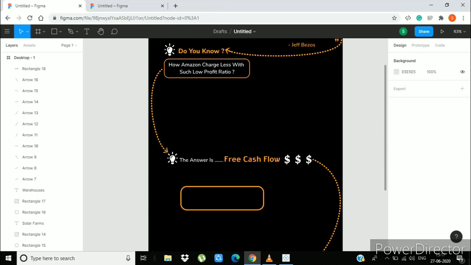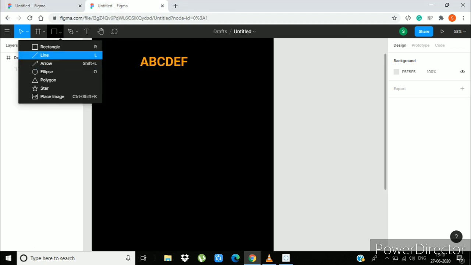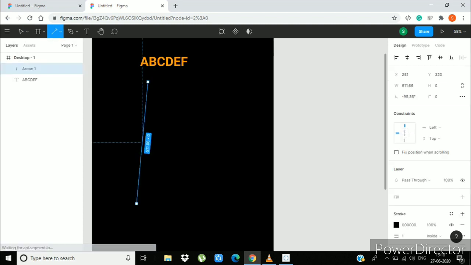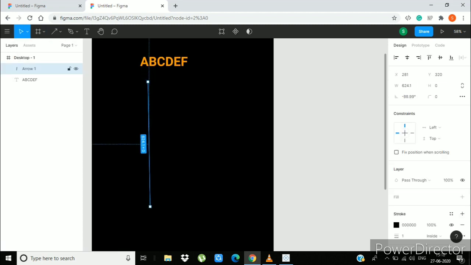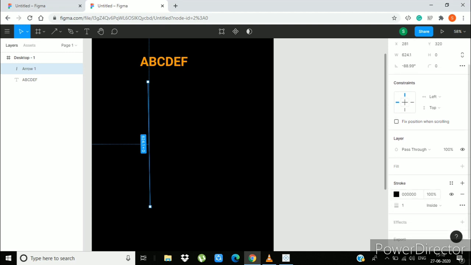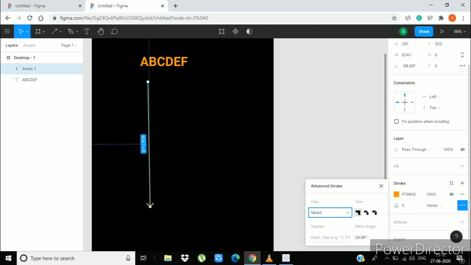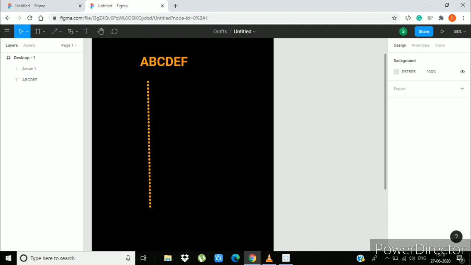Now I will show you how to create this dotted arrow, which is showing the direction of flow. Select the arrow, drag and create an arrow. Go to stroke, give color FF9900, set thickness to 5, select inside or outside, whatever you want, select round, and here 2, 15, and you can see the dotted line is created.